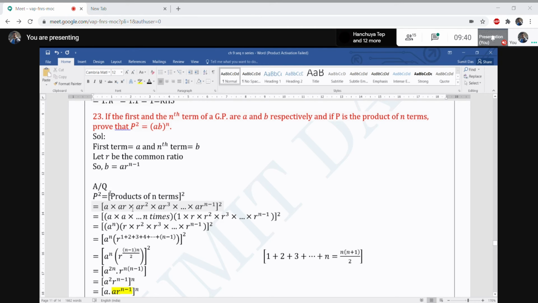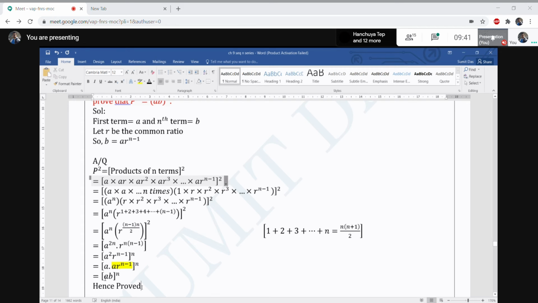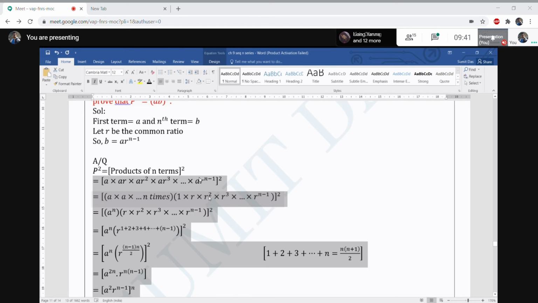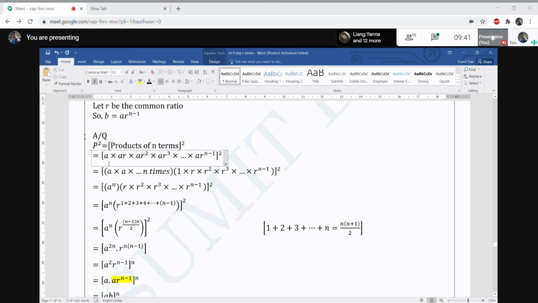Look, after that, now we are separating A and R. How many A will be there? Each term having A, so there will be n times of A term. So A multiplied up to n terms, n times. Then here R, we are separating R, so the R first term will be this one, no need to do anything.